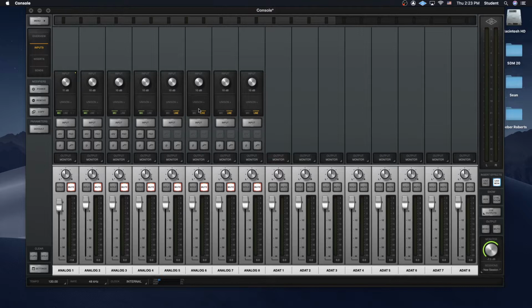So we have 8 total inputs. 4 of them are set up to record microphones. 4 are set up to record line inputs. So for the most part, we're just going to be using channel 1, input 1 on this interface. This is the input that we'll have our microphone plugged into, and the input that we're going to